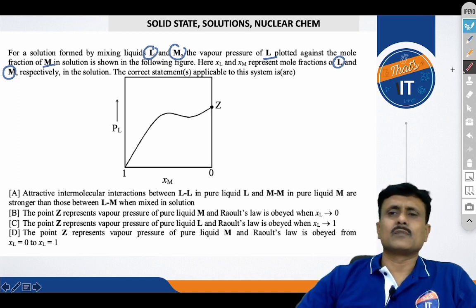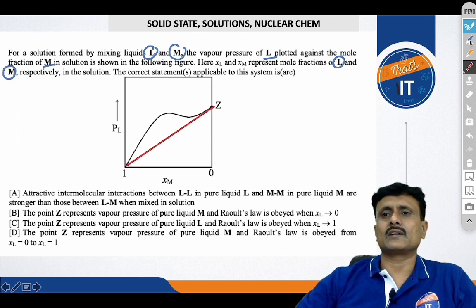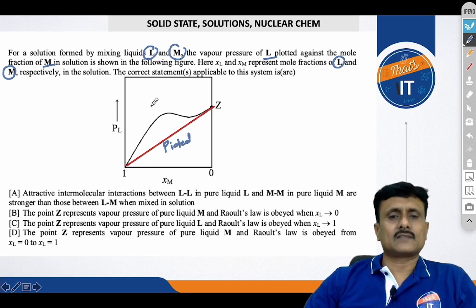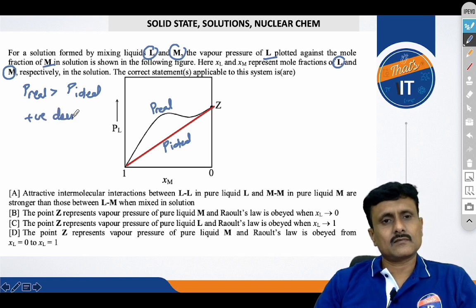Okay, so he means the positive deviation. When you compare this non-ideal case with the ideal one by drawing the parallel graph for the ideal one, you know that this case is greater, right? Real is greater, the values were found to be greater,